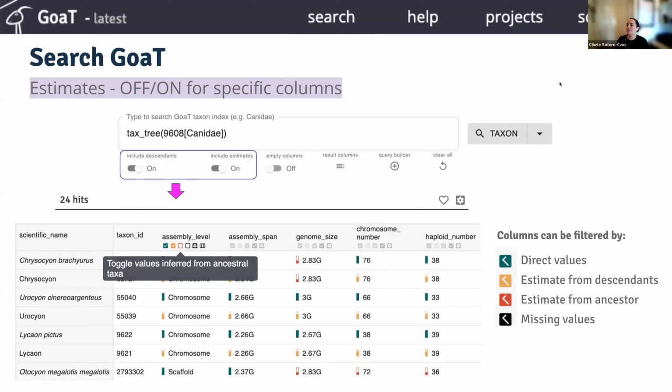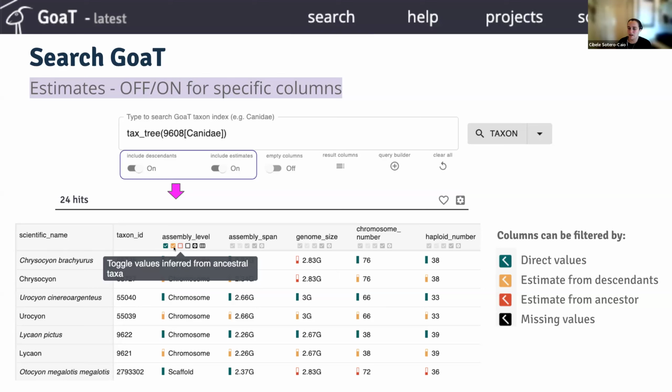And what if you wanted to retrieve a list of all of the Canidae that have not been sequenced, right? So what you can do is just come here to the same query, same column, but instead of clicking here in the red and the black, you just disconsider the green and the orange.